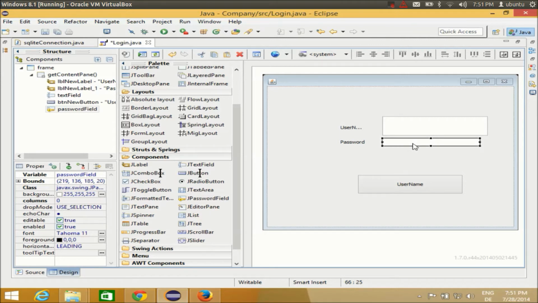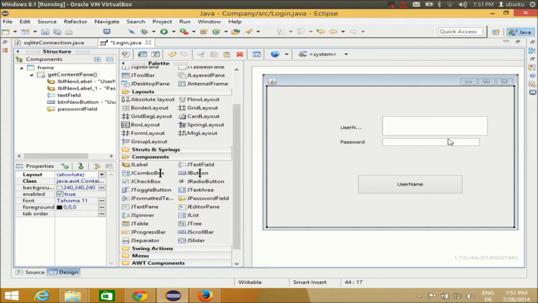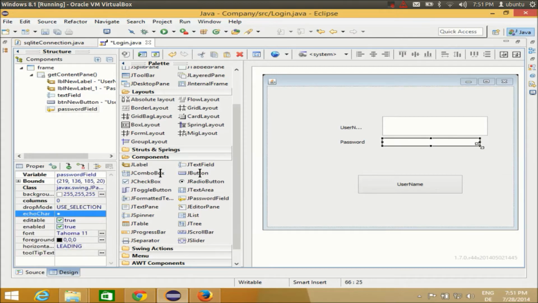Just click this password field and you will be able to see the echo char, and you can change this echo char to any character, and your password will be masked with this character. So you can use dollar sign here, or you can use hash or any other character, and this character will mask all of your password. So we have done that,